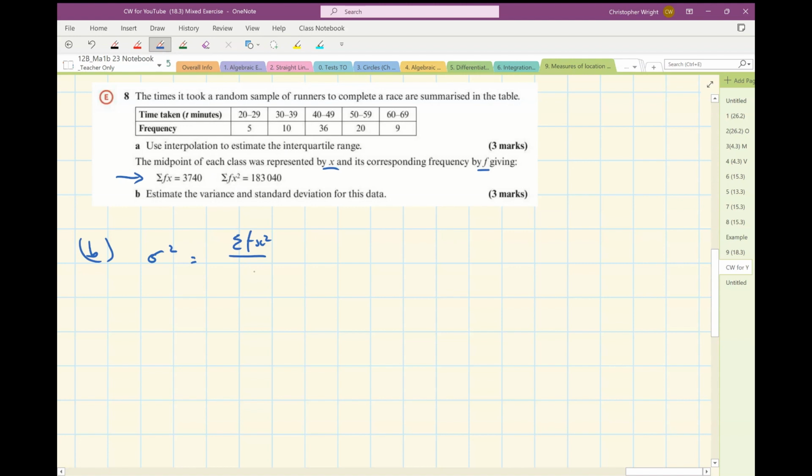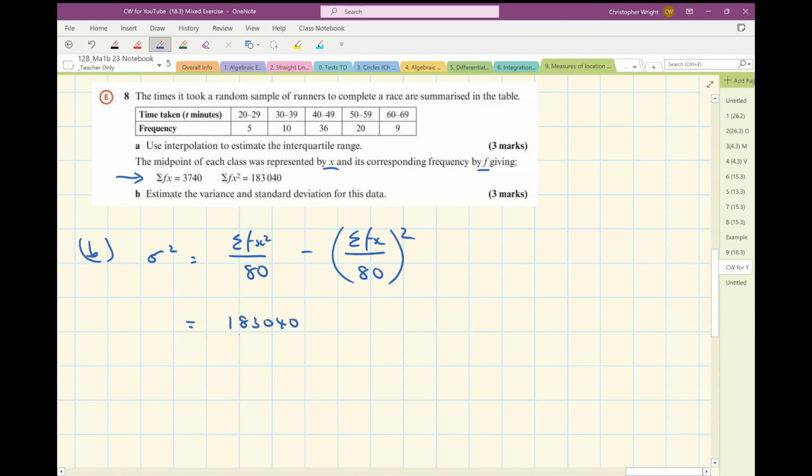how many runners were there? 80, minus the square of the mean, which is the total of all the times, divided by 80 squared. So just take a quick look at that. That is the mean of the squares, and that is the square of the mean. So what have I got here? I've got